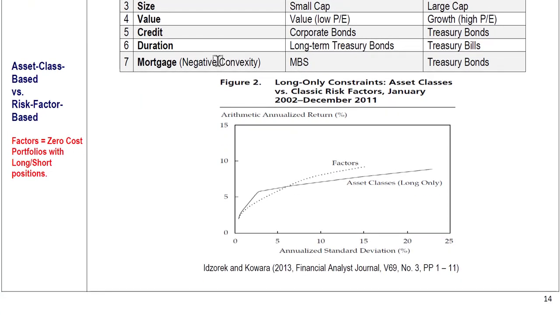This is because of a very good article published in 2013 in the Financial Analysts Journal. These two researchers found that if you compare the model, which I'm going to explain later, called the factor approach, against the asset class approach, based on arbitrary asset classes by style and different things, on average, the factor approach performs better